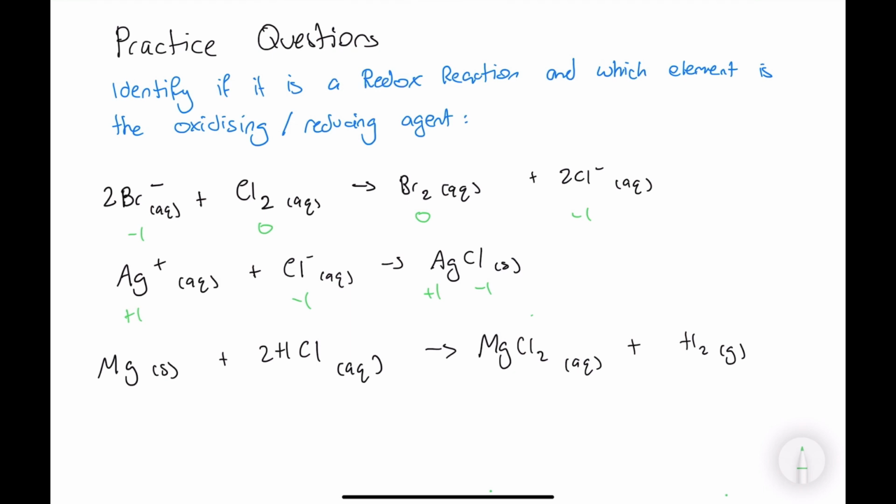So for the last one, magnesium is 0. Hydrogen is usually +1, so chlorine is -1. Chlorine is usually -1. If you want to go with valency state, it's always better to go with the group 7 or group 1, because group 1 is usually +1 and group 7 is usually -1. So chlorine is -1 times 2, so -2, and the magnesium becomes +2, and then the hydrogen here